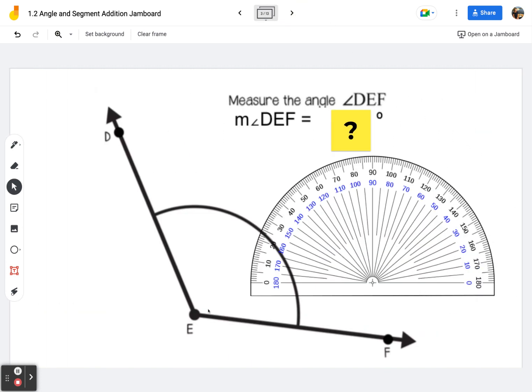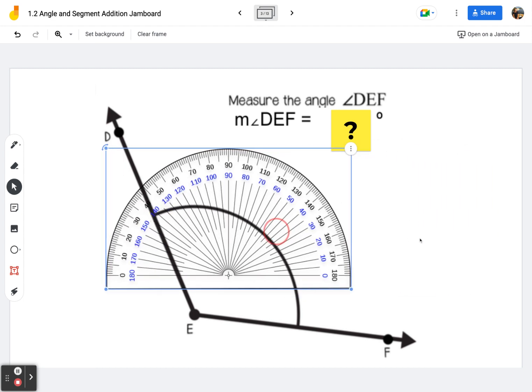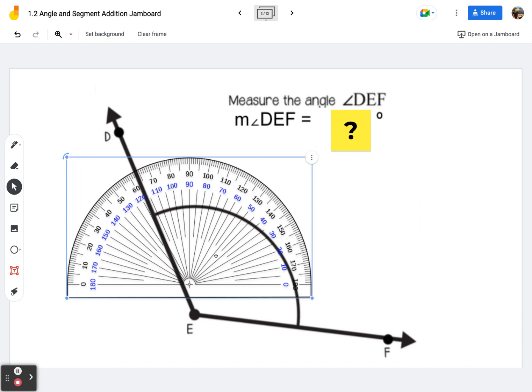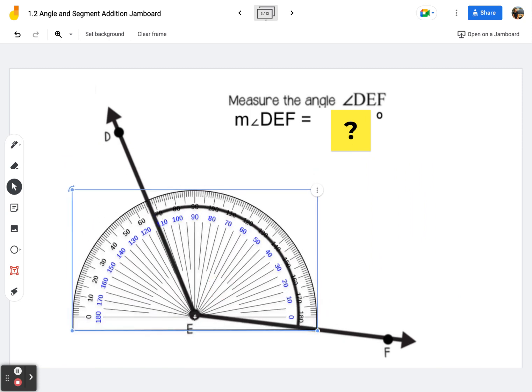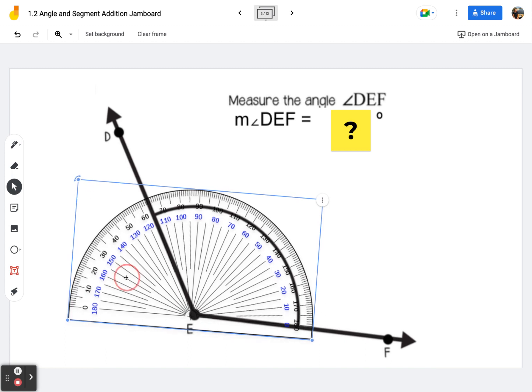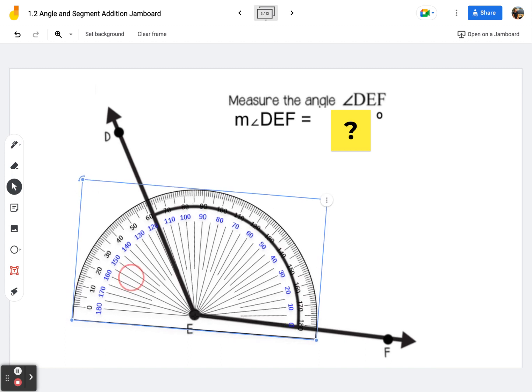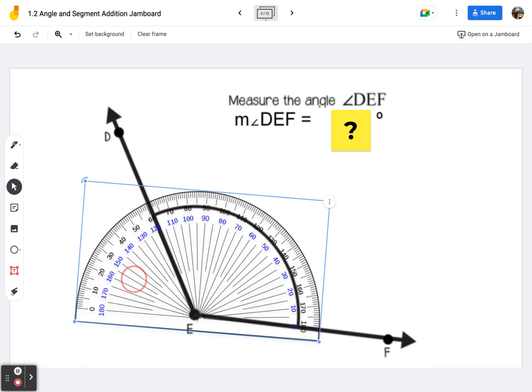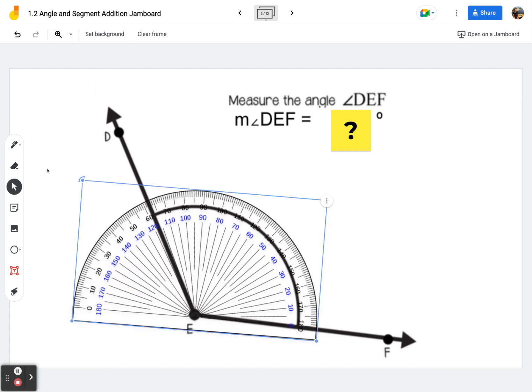The next example is an obtuse angle. It is larger than 90 degrees. I'm going to again line up my protractor so that this part gets positioned on top of the vertex. But now I notice that my 0-degree line on my protractor is not correctly positioned on my bottom ray. So I'm going to rotate and reposition my protractor. And now that I've done that, it looks to me like